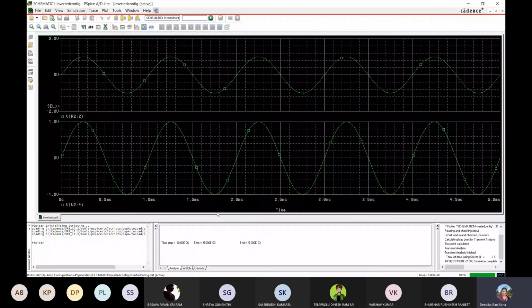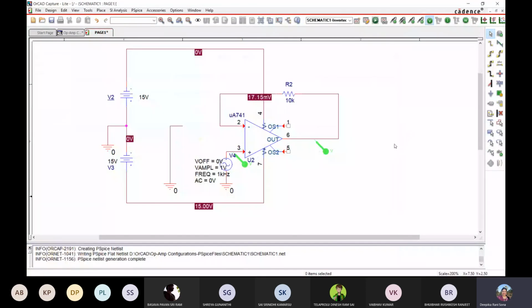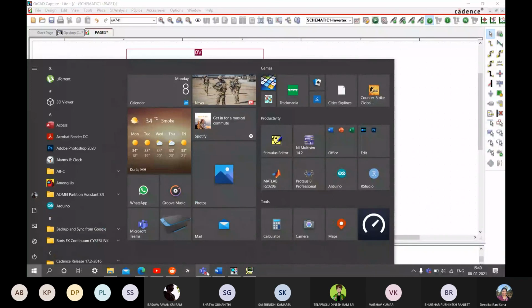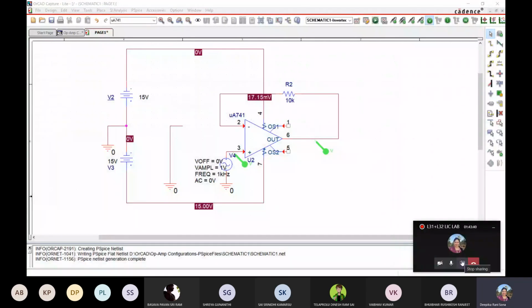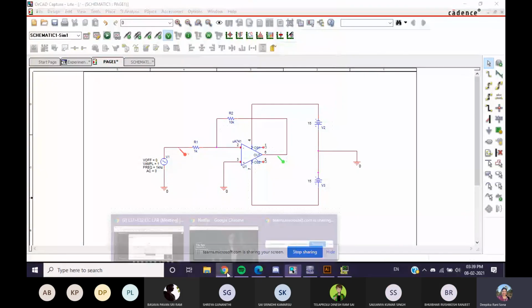Yeah, Vaibhav, it is verified. Next class, I will see all the experiments. Vaibhav, it is 32, right? Yes, ma'am. Okay. Thank you. You may leave, Vaibhav. Next.